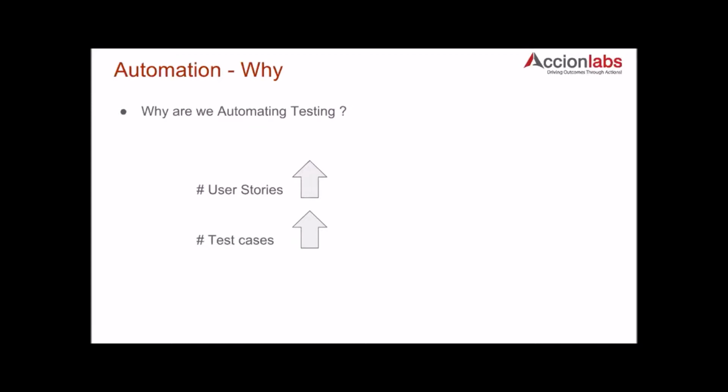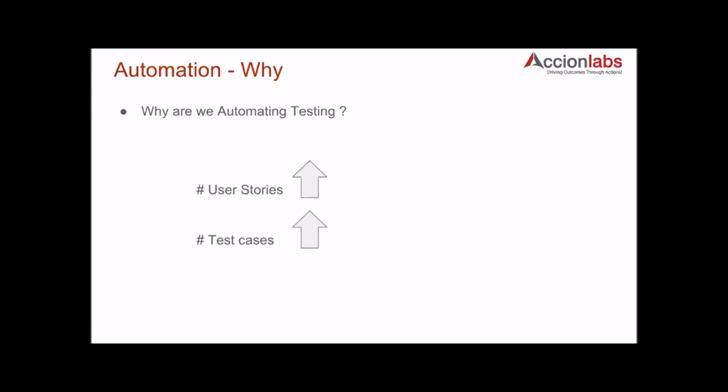So that's one thing. And what happens to the time aspect? When I start development, in the first 2 sprints, I may have just 10, 15 user stories, and I may have a handful of test cases, maybe 30, 35 test cases. So the time that I have in order to execute those test cases manually is sufficient, right? But 6 months down the line,